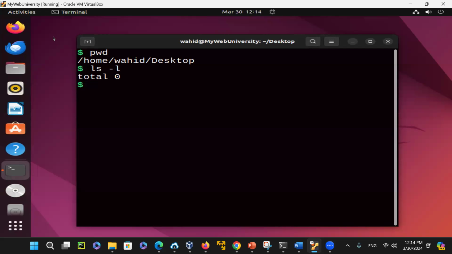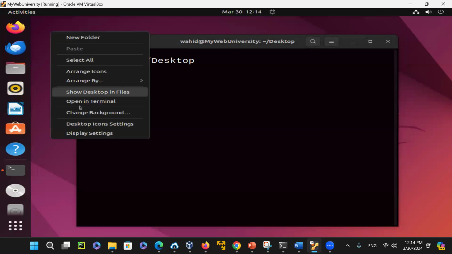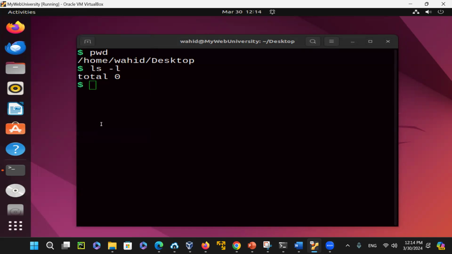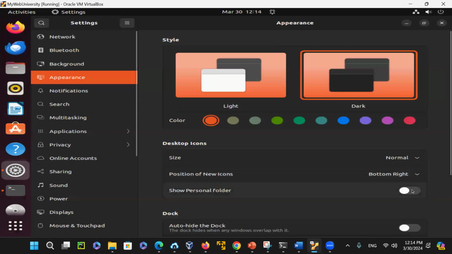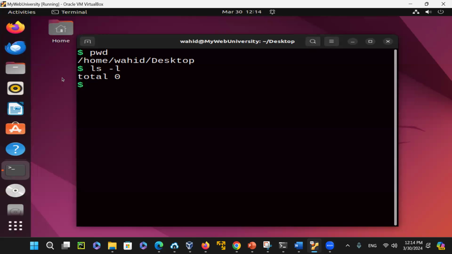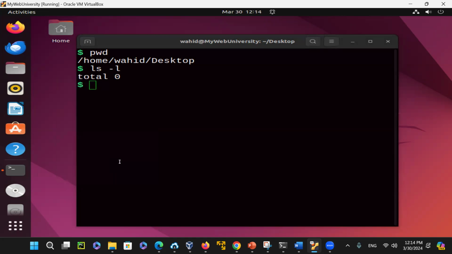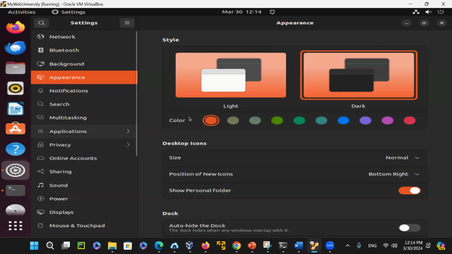That icon disappeared. If you just, for some reason, want to bring it back, you just click on it and then just make this one on, and then you're set to go with that one. So I'm going to permanently remove it, and then I'm not going to need it because I can always go to the directory structure and